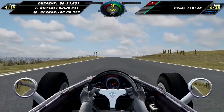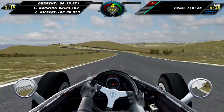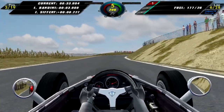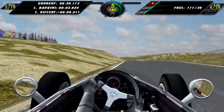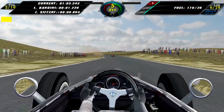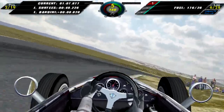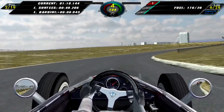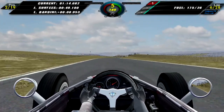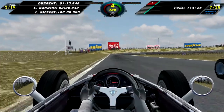Now coming through this left hairpin on lap 6, and I managed to overtake Jo Siffert for 3rd place. That's absolutely fantastic. And now chasing after Lorenzo Bandini, who is about 4 seconds up the road. I go a bit wide through that right-hander, but I managed to keep it together. And then on towards the end of lap 6, Lorenzo Bandini loses control of his car, I almost crashed into him, avoided him, but that caused me to go wide,